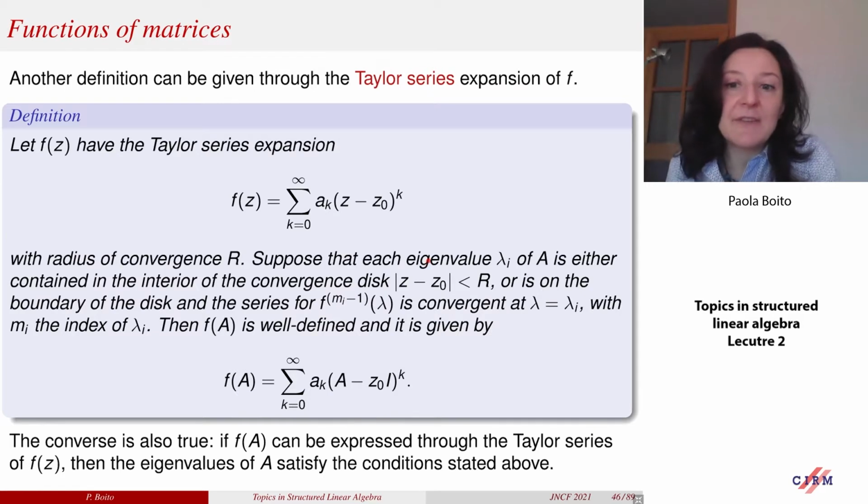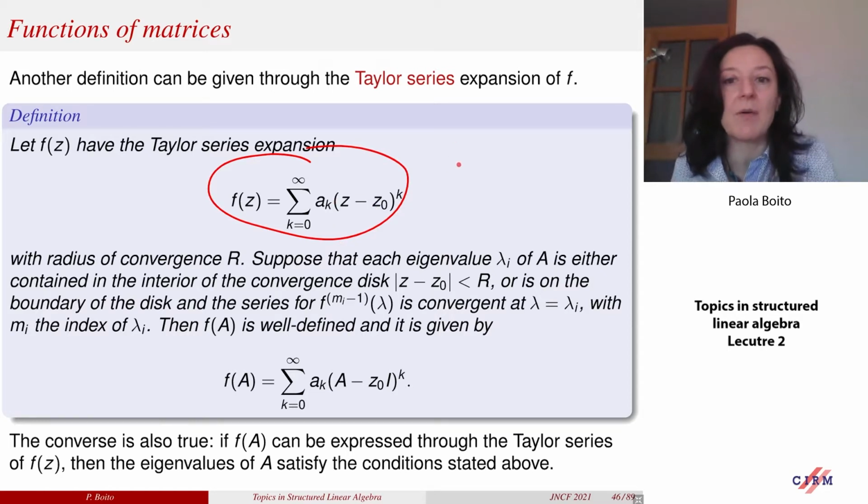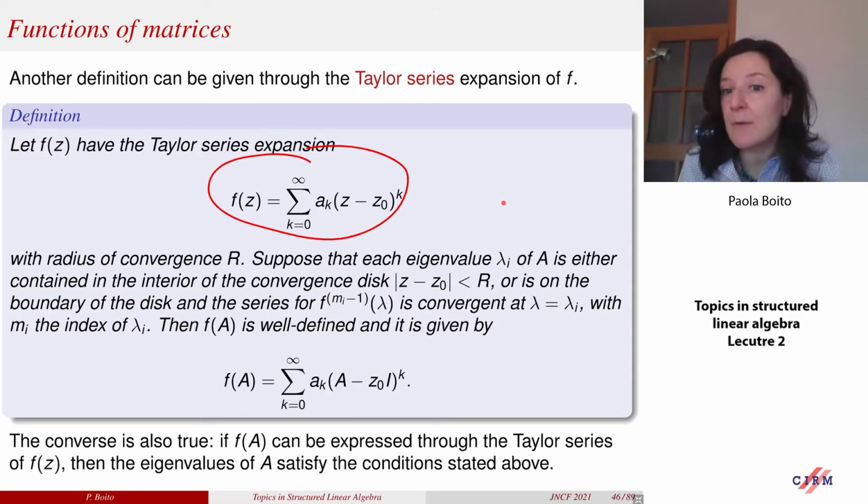There are other possible definitions. One of these uses a Taylor series. If f has a Taylor series expansion like this, the sum of a_k (z minus z0) to the power k, an expansion about z0 with a certain radius of convergence r, and if we ask the spectrum of the matrix to be contained in the interior of the convergence disk, or it can also be on the boundary, but we have to be careful in that case, then f of A is well defined,